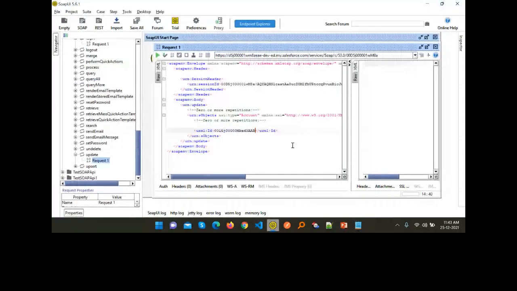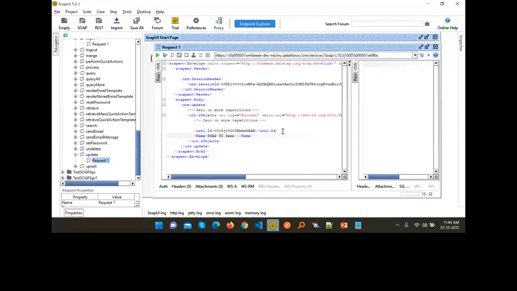Okay, you can update and you can also bulk update, you can do these things as well, because right now I'm going to show you only one record at a time, a single record. You can do bulkification as well. So here url colon id, and the ID here. Now the name. Name is a required field and I also want to update the name, so that's why I'm using it here. So like SOAP UI demo